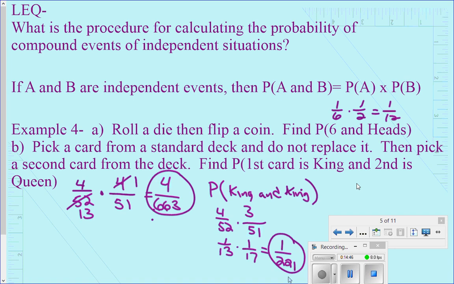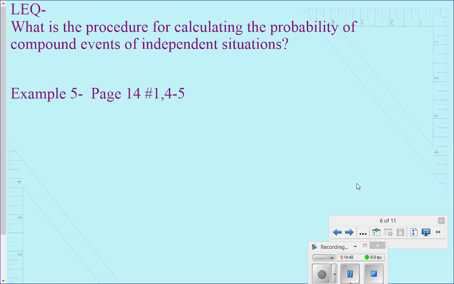So that's dependent. All right, next we took a look at page 14, the problem at the top, number 1, and also 4 and 5. So I'm just going to quickly go through those with you. Number 1, and actually 1 and 2 both,